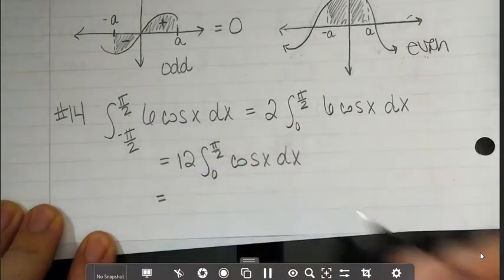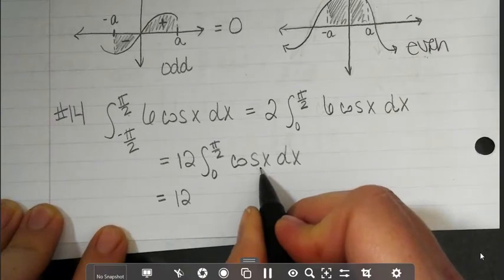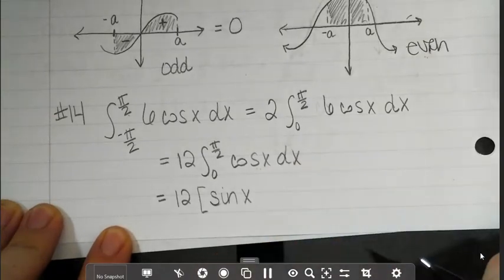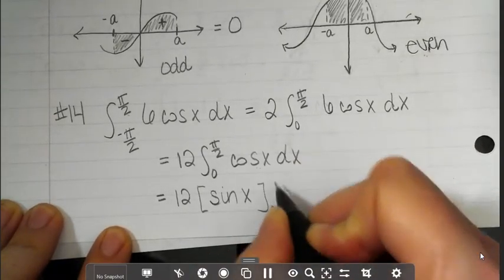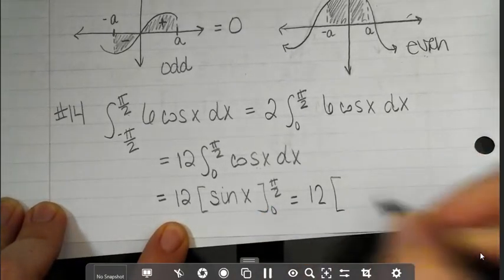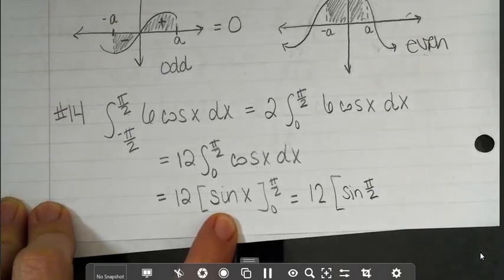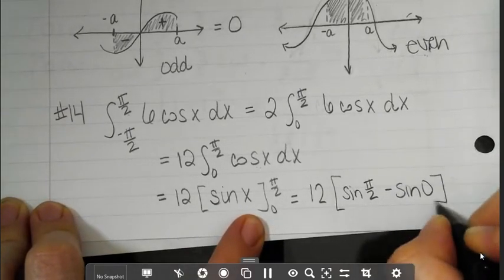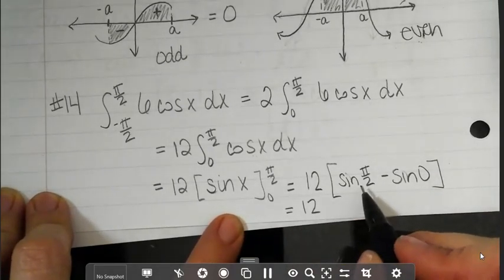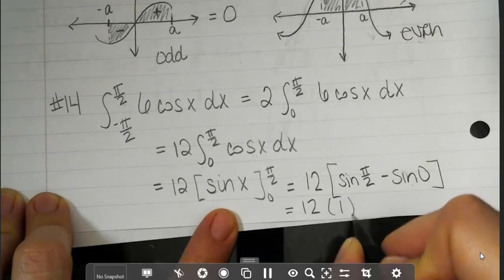All right, so let's go ahead and do the antiderivative here. So the antiderivative, I'm going to leave the 12. Antiderivative of cosine, well, that's just sine. Okay, and I'm going to evaluate that now from 0 to pi over 2. Okay, so I'm going to have, let's see, 12, I'll leave that out. I'm going to have sine of pi over 2 minus sine of 0. So this will be 12. Let's see, sine of pi over 2 is going to be 1. Sine of 0 is going to be 0. So really that's just 12 times 1, which is